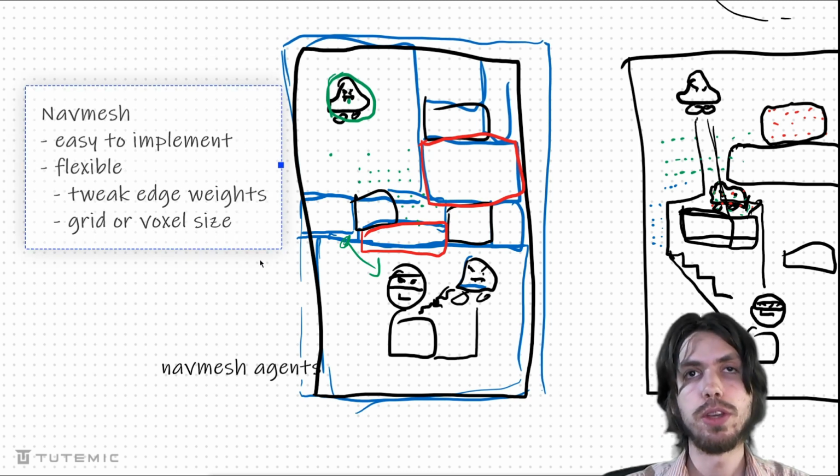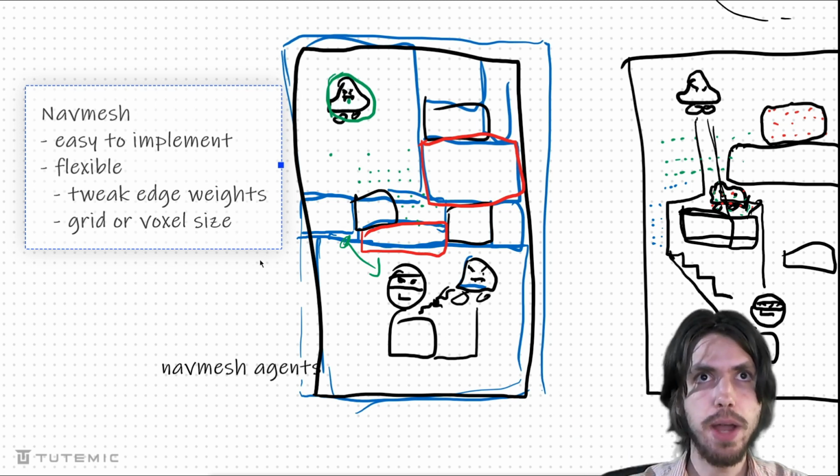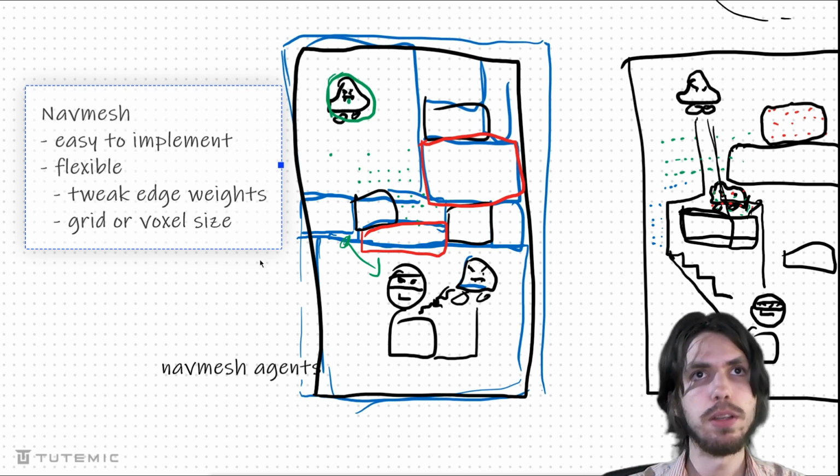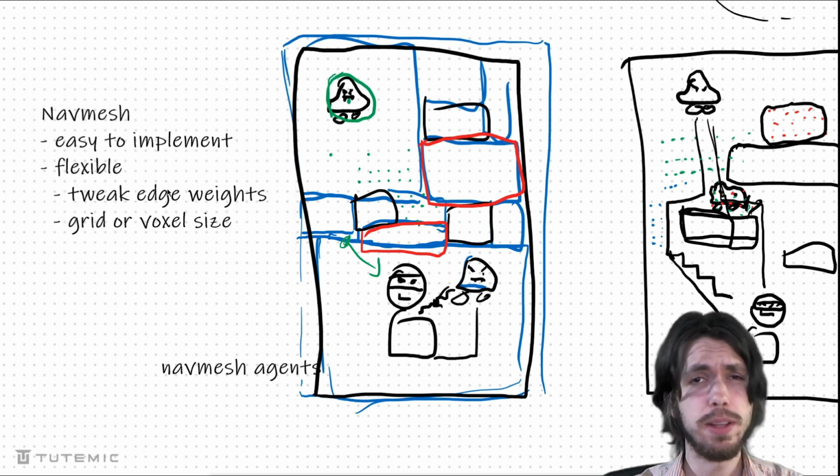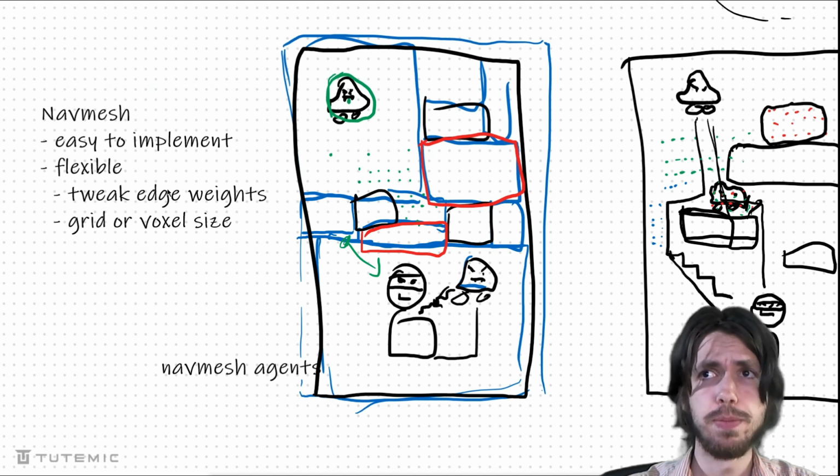But in any case, it can be more costly. So what you do first is choose a pretty large grid size, a pretty large voxel size. If it's good enough, then it's good enough. If it's not, and things get stuck and it can't find paths when it should have been able to, then you can reduce the size. So it's pretty cool. And you can just do that on the fly right there in the little editor. It's super neat.